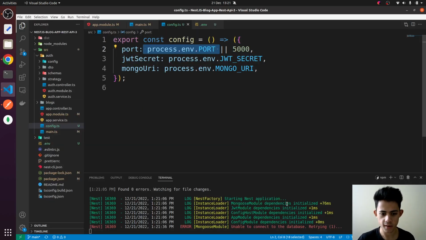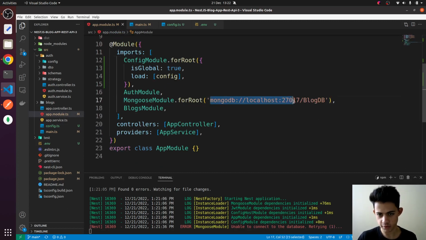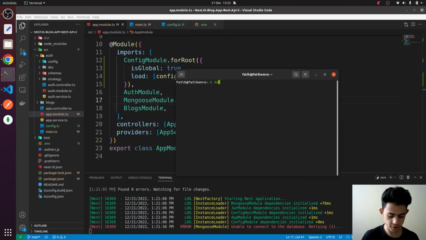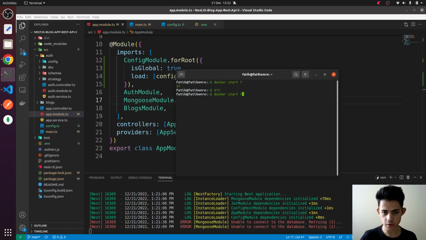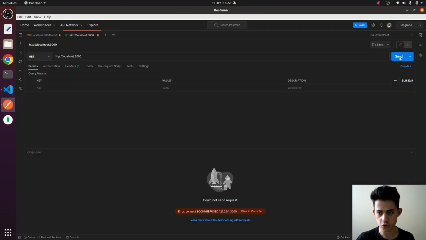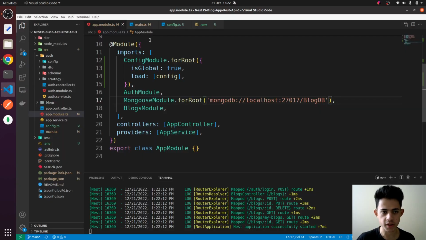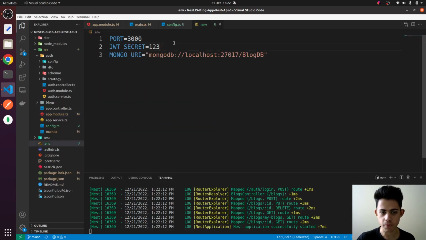Oh yeah, just because we're trying to use MongoDB in our project, but we haven't connected to MongoDB yet, because we have the connection string, but my database lives on a Docker container, and the Docker container is just shut down. Let's start again, and it should work. Alright, now it's connected. Perfect. Now it should work. Yeah, hello world. It's working in port 3000 because our port is defined as 3000 in the environment variables,